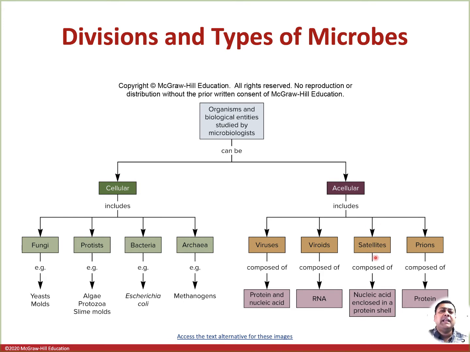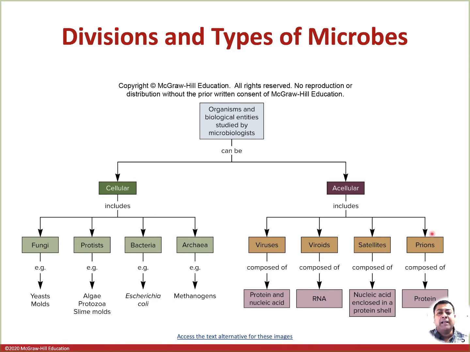Just giving an example, say adenovirus. Adenovirus can cause cold-like symptoms as well. It's an animal virus. When an adenovirus is replicating in a cell, it can have some satellites, which are nucleic acid enclosed in a protein coat, growing in there. Sometimes it is implicated that these satellites, which can only grow in the presence of a virus growing in that cell, can complicate the outcome of the disease or increase its severity. We'll talk about it somewhere else.